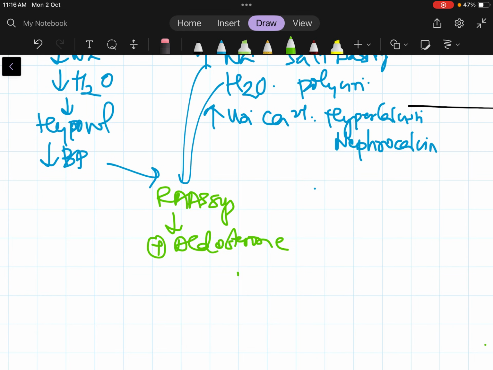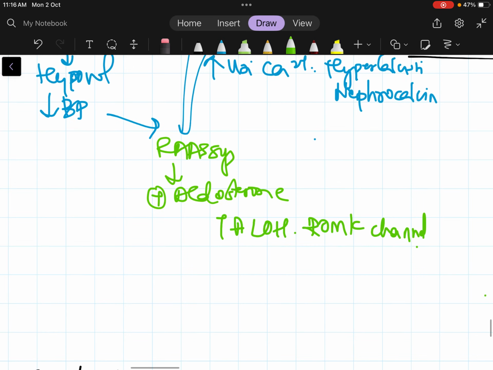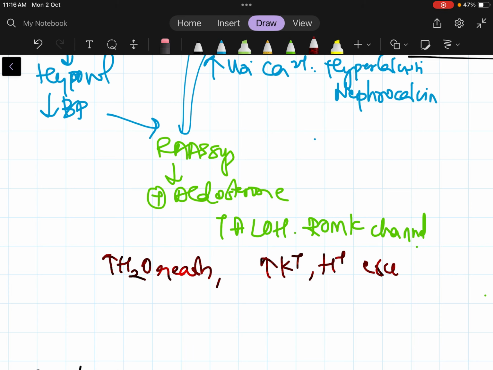They act on the thick ascending loop of Henle, ROMK channels, and also on the DCT. Now, with increasing water reabsorption, they also increase K plus and H plus ion excretion,